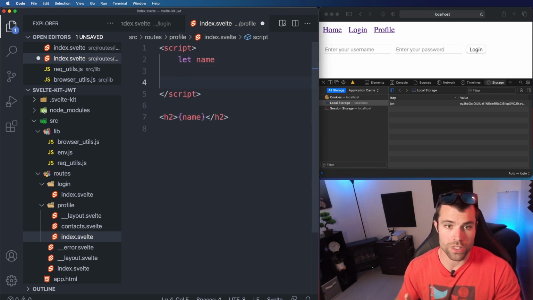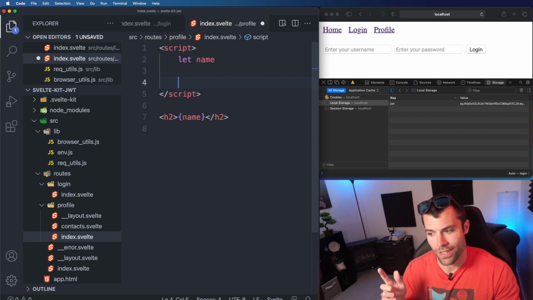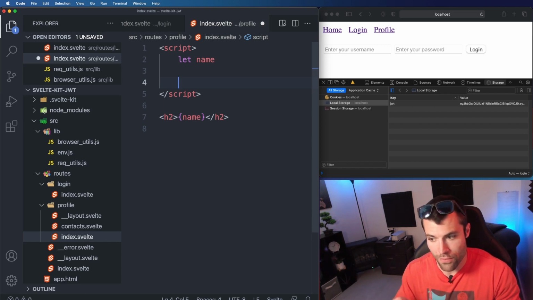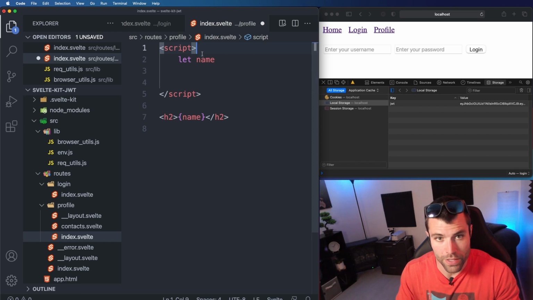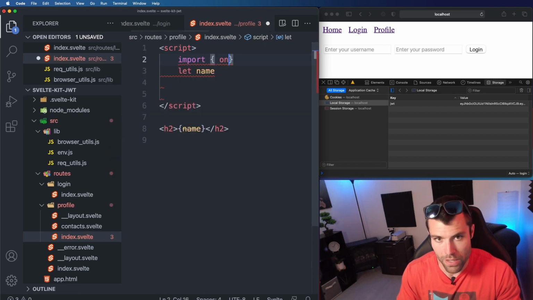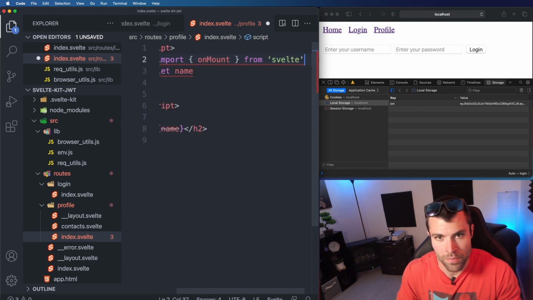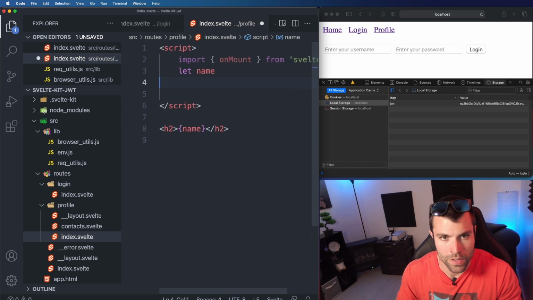Because we need to use the JSON Web Token from our browser, we can't actually use the context module load function and pull it in as props, because that will be run on the server side and we don't have access to the browser there. So a workaround for this for now, this is the way I've been doing it at least, is just to use the onMount function from Svelte, and that will run on the client side. So we can simply import the onMount from Svelte, and then in here we can say